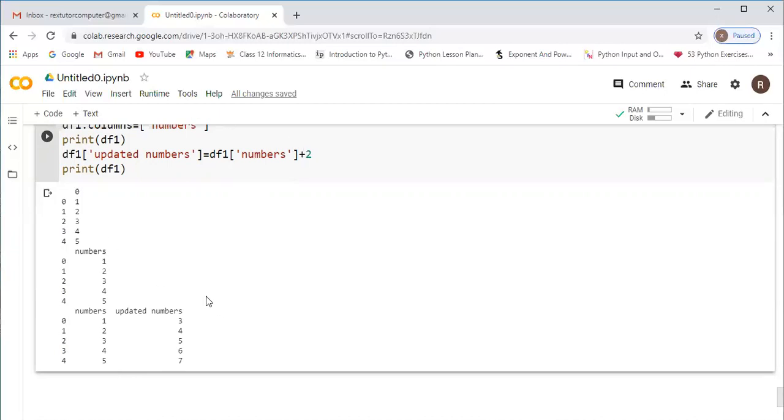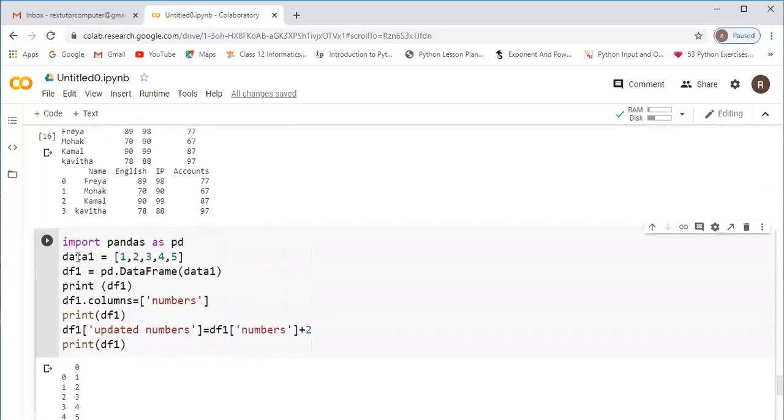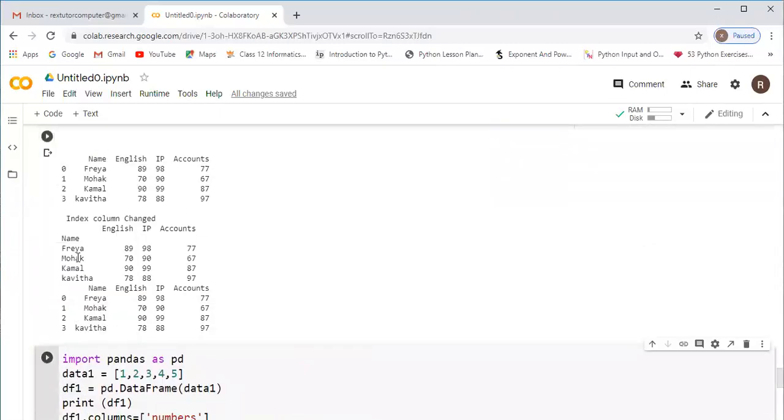Okay, so in today's class we have seen how to create a data frame from a dictionary, and how to slice, select and access the data from the data frame. And how to change the index value into something else, where whatever data we have, that data key will act as the index.